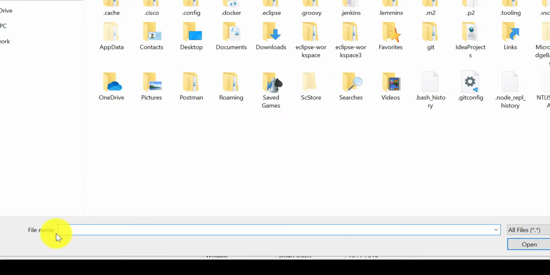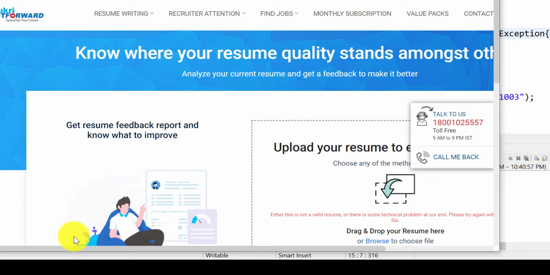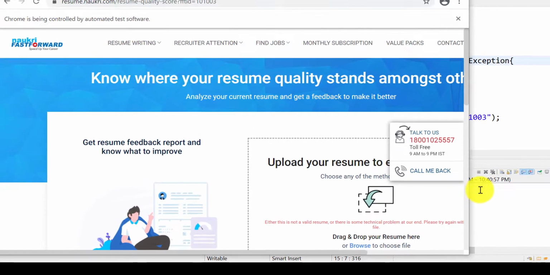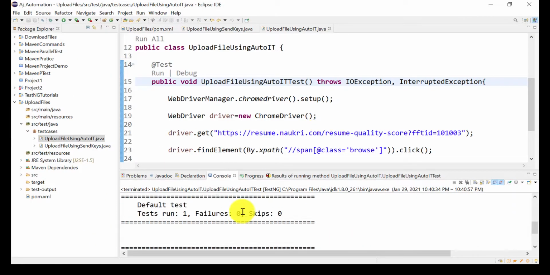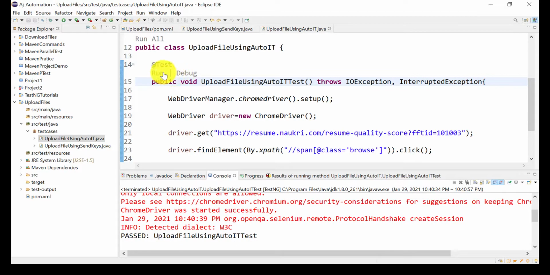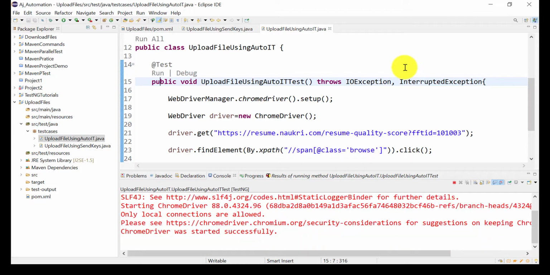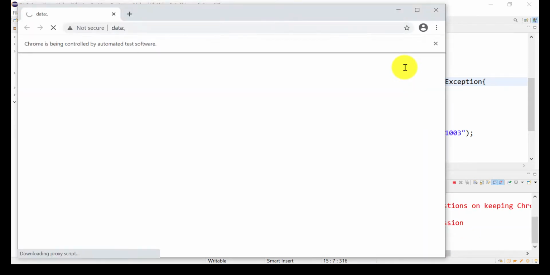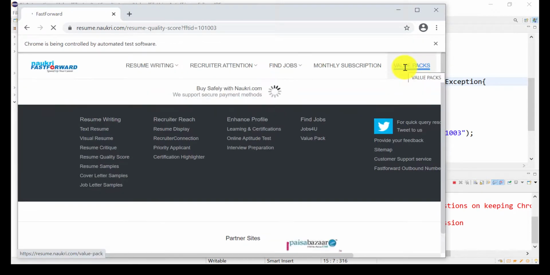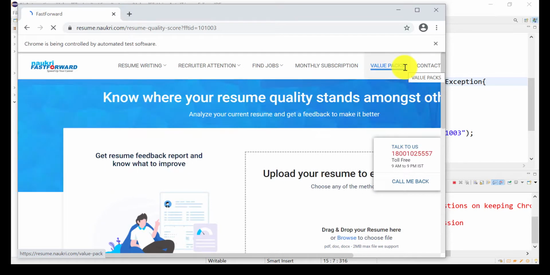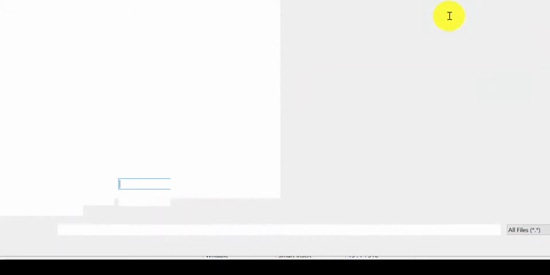This time it found it. But I still have some doubt. Let me run it again, because I moved my mouse, maybe that is the reason it took the focus to that window. So I am running again to make sure it is working fine.